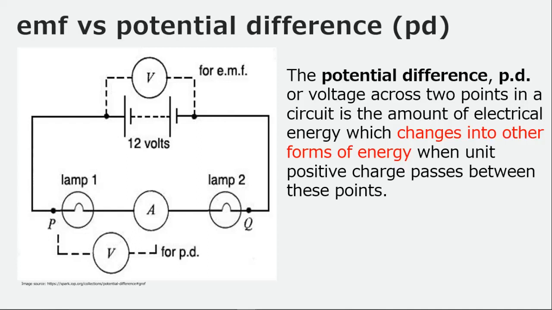What's the difference between EMF and the potential difference, or PD? Let's take a look. The potential difference, or PD, or the voltage across 2 points in a circuit, is the amount of electrical energy which changes into other forms of energy when unit positive charge passes between these points. So looking into this diagram,